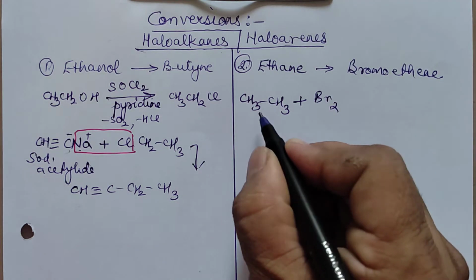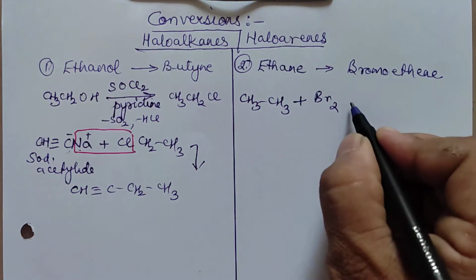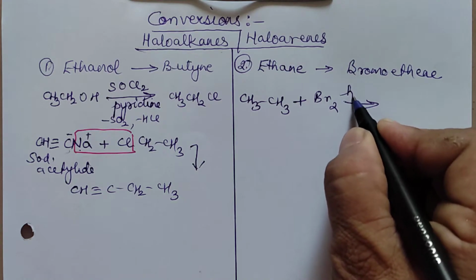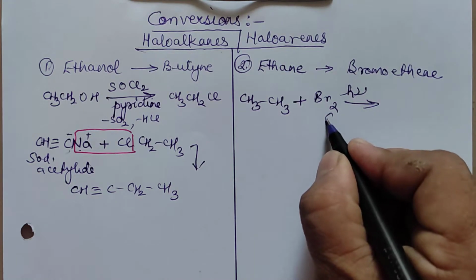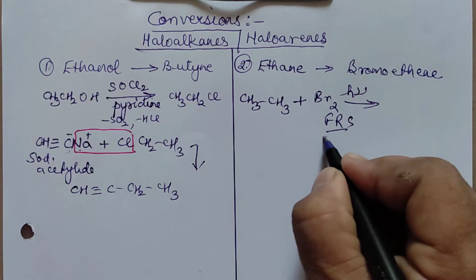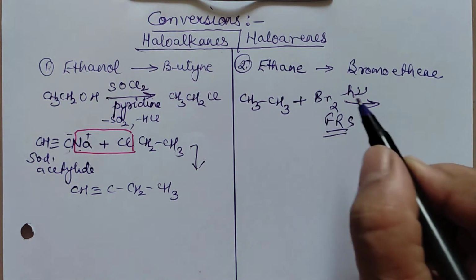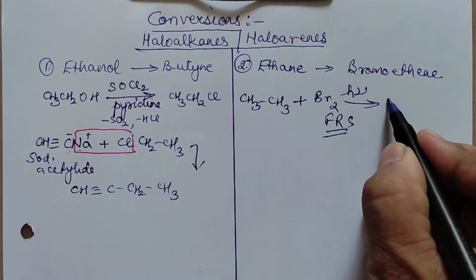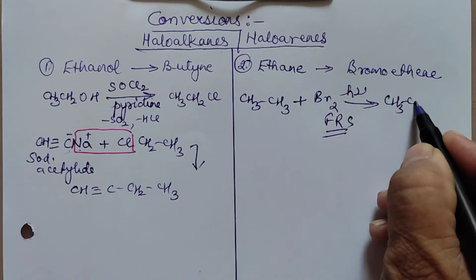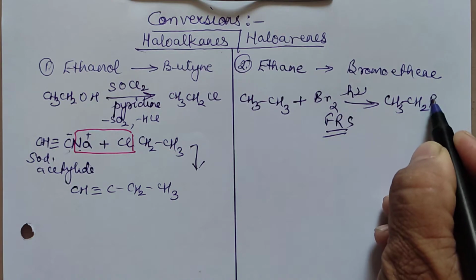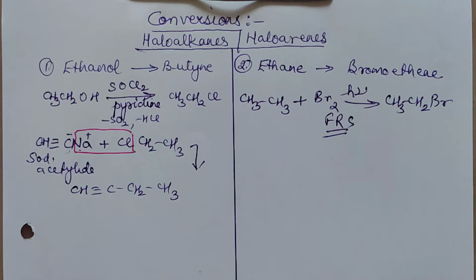Whenever an alkane reacts with bromine, it is always in the presence of sunlight. It is a free radical substitution reaction. So one of the H will be replaced. Actually, if you use excess bromine, then all will be replaced, but we are restricting to 1 Br. So you will have this here. Bromoethane is formed. It is ethane as of now, not ethene.